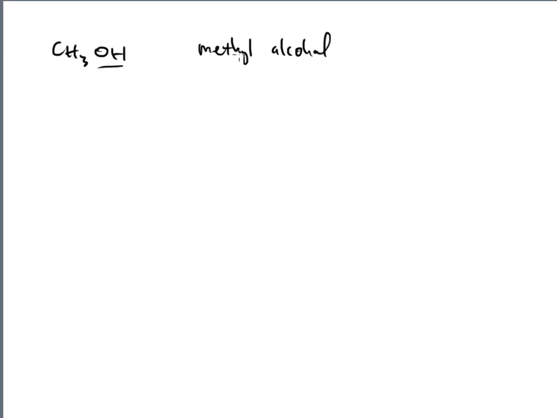Methyl alcohol was the old alcohol that moonshiners would get into their moonshine if they did not distill it the proper way, and it would make them go blind when they drank their moonshine. So don't let that happen to you, okay? Methyl alcohol is very bad, but it's also a very common solvent that we use in an organic lab. So don't let organic laboratory make you go blind either. All right,